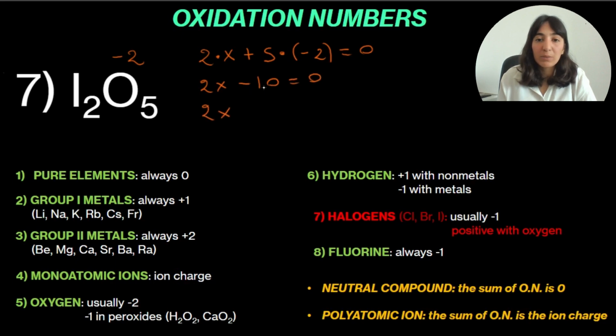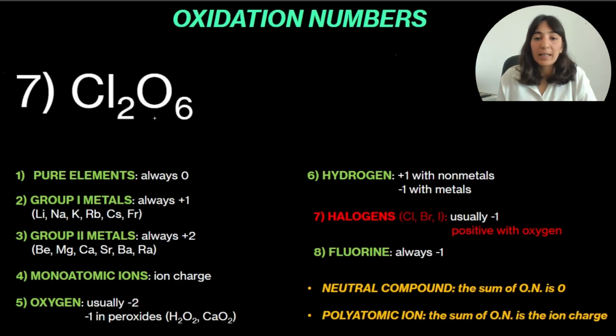2x, we move this -10 onto the other side of the equation and we change the sign, equals +10, and now we isolate this x. X equals +10 divided by 2, which is +5, and this is the oxidation number of iodine, okay? Now,